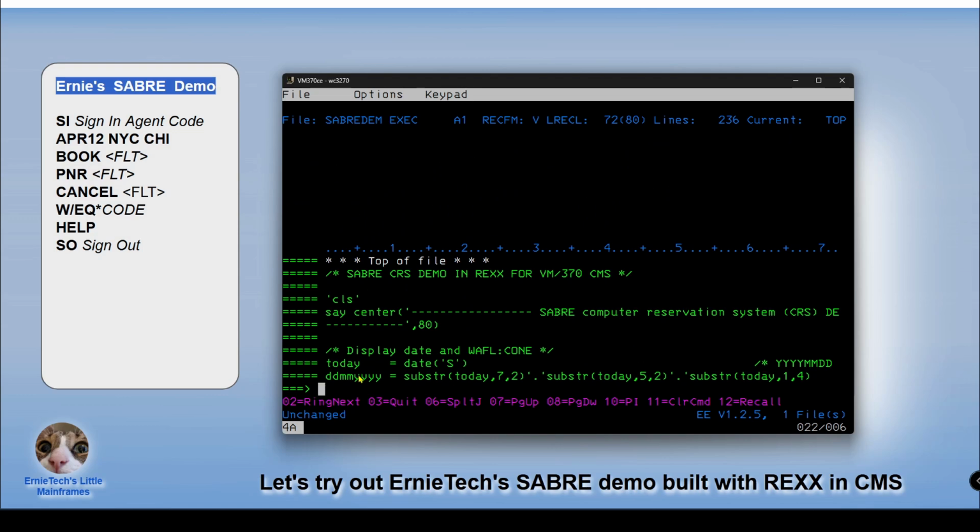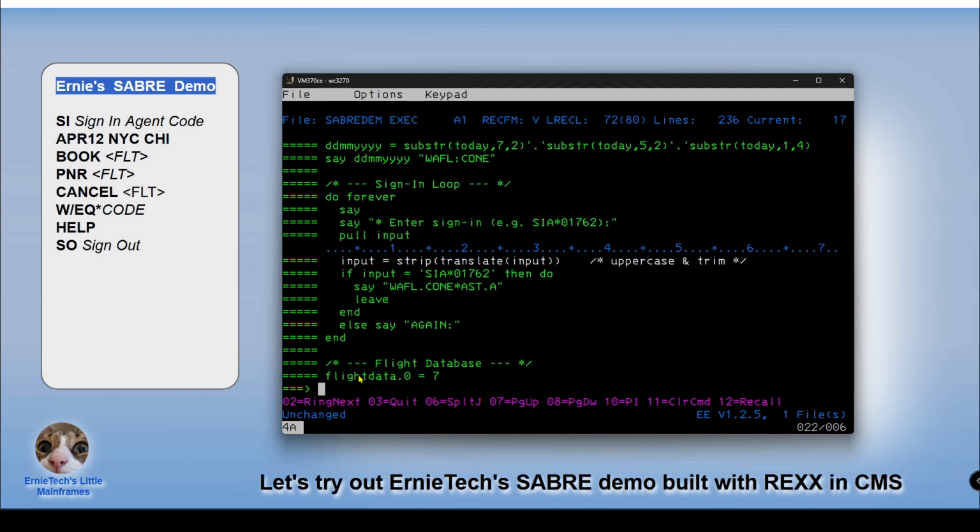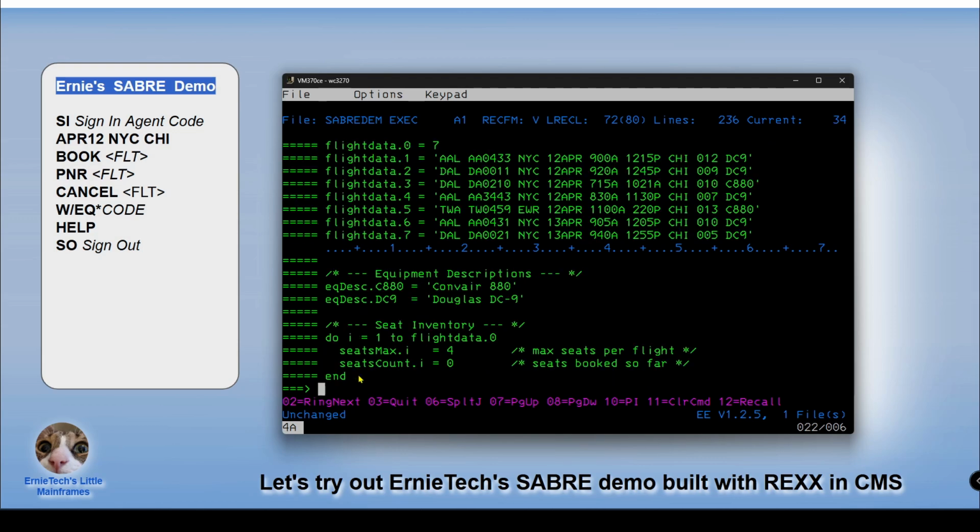So it is a way to take canned flight data that is actually in the program. Now, I was going to break these out into text files, but I haven't gotten to that yet. Probably not necessary, but to do something proper, I would. But these are canned, made-up flights. And these are canned, well, they're not made-up airplanes, they're the real thing, but that's part of another set of descriptions. There's seat inventory, there's the ability to sign in as a SABRE agent, there's the ability, all these things